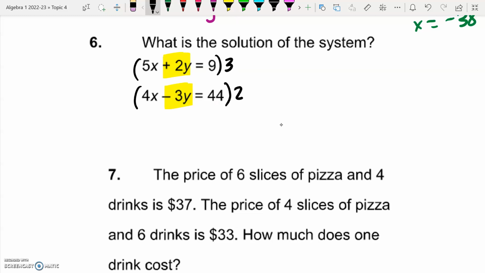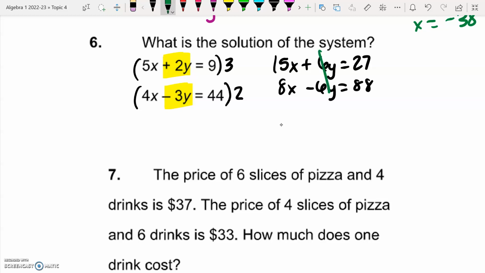Because that would give me 6. I'm going to multiply this one by 2 because that would also give me 6. That's what I want with the y's to be the same. So I multiply everything by 3. I get that. I multiply everything by 2 in the second one, and I get that. So then I'm going to add them together. Those are going to cancel. I get 23x equals